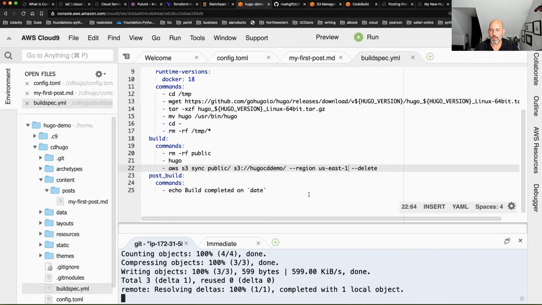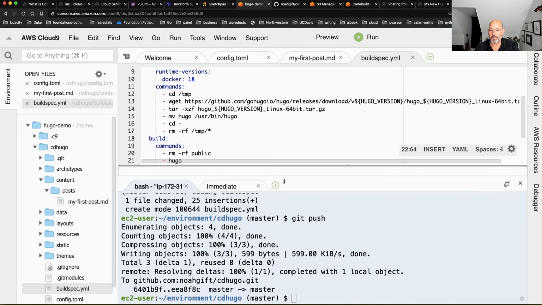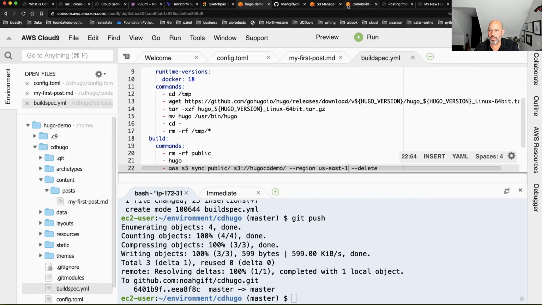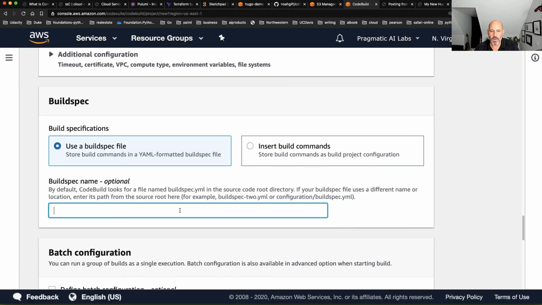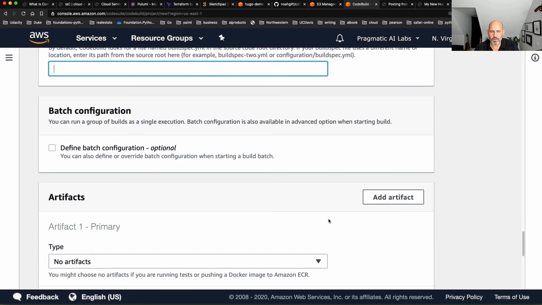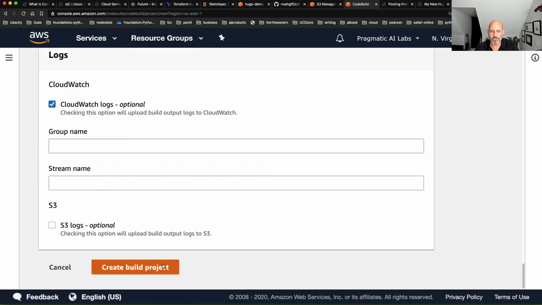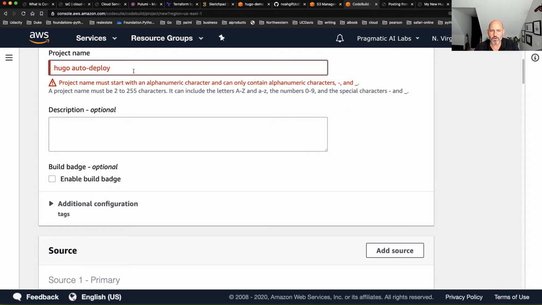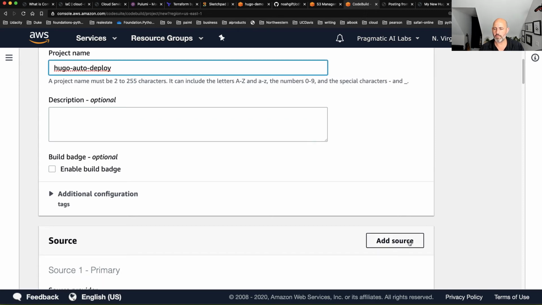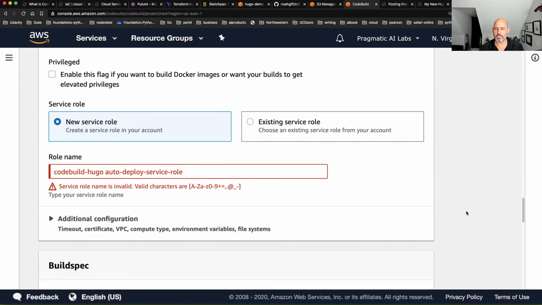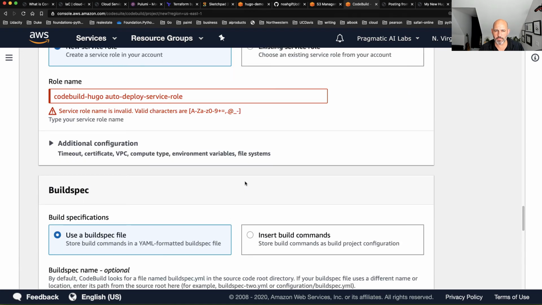Okay. And from here, if we go back again to our CodeBuild system, I can just say ready to go, no artifacts, and I think we should be able to go. Oh, Hugo auto deploy. We'll just call it Hugo auto deploy. There we go, and keep everything the same. And then this wants something.